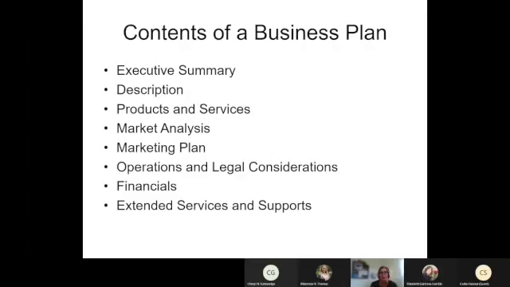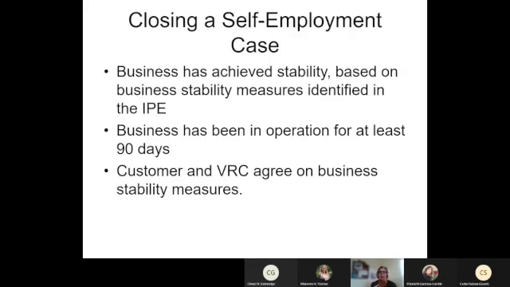So as you know, the contents of a business plan includes all of this information. And I hope that you don't feel like you're winging it, that you have that feedback, that support, in terms of supporting your client. And of course, when a counselor closes a self-employment case, the counselor and the client define what those benchmark